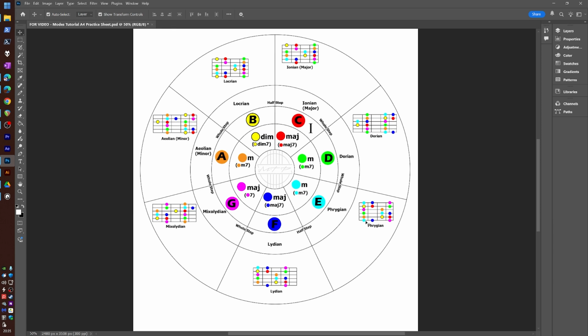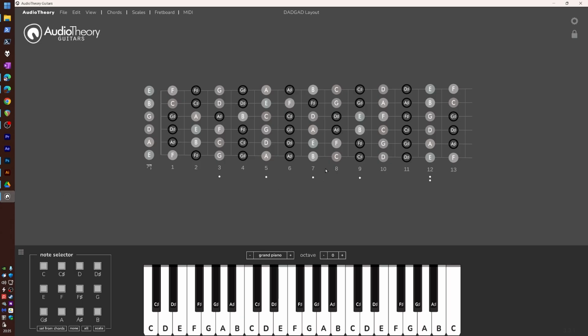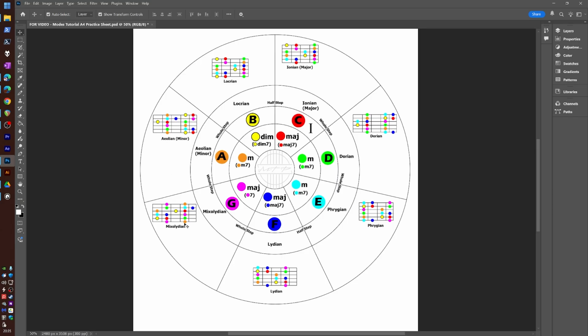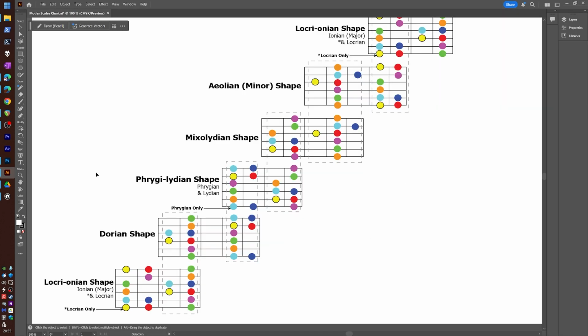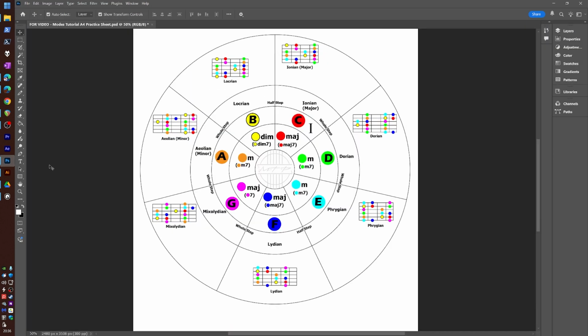B Phrygian would start on the 7th fret on the E string, and then C major, we would be starting on the 8th fret playing the major box, and then using the chart to move up and down the fretboard freely. It just opens up the entire fretboard. So what I would suggest is learning these 5 modal shapes. These are the shapes that are going to allow you to play anywhere on the fretboard, in any key,